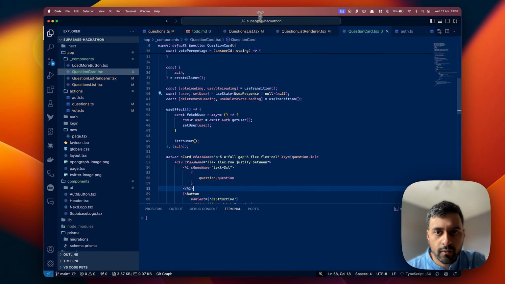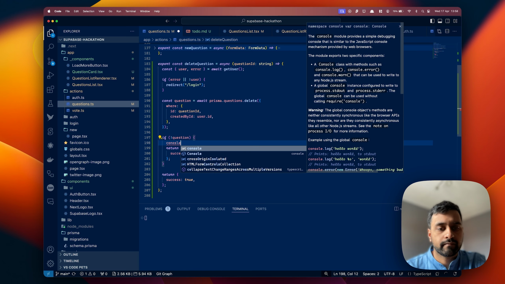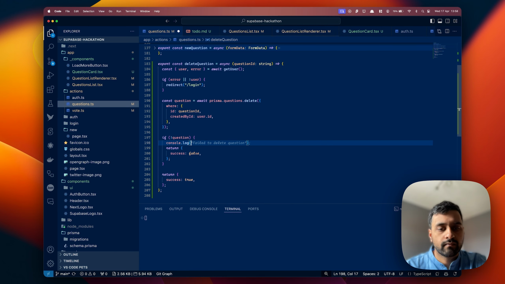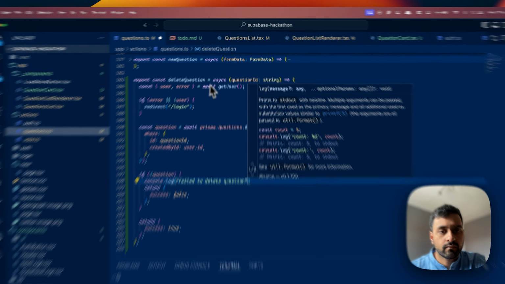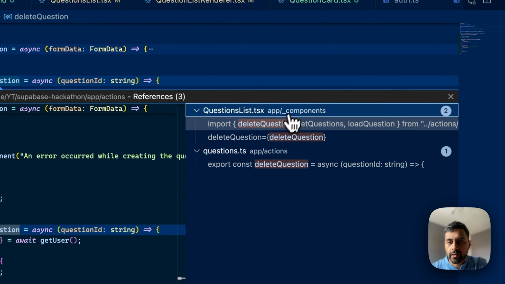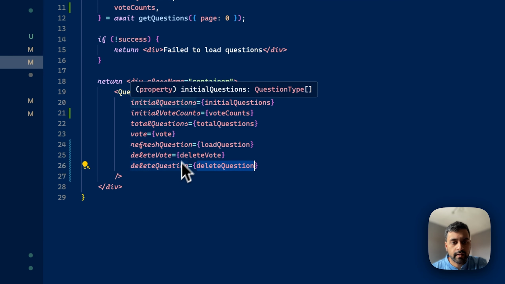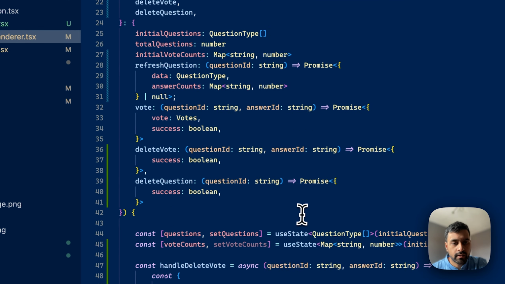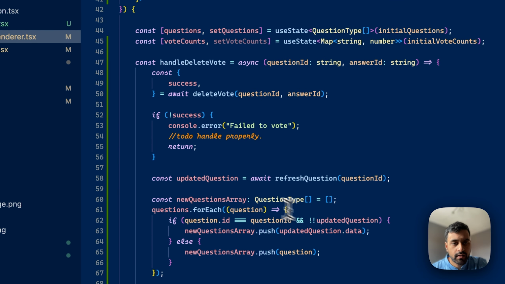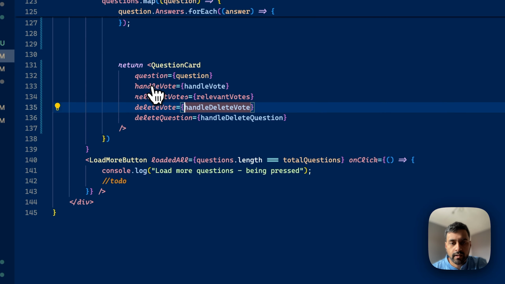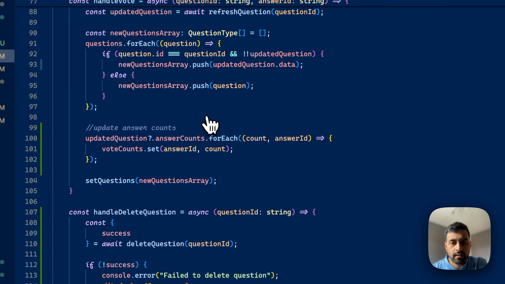The error should be delete question, used here, so question list renderer, handle delete, failed to vote. Handle delete vote, is this